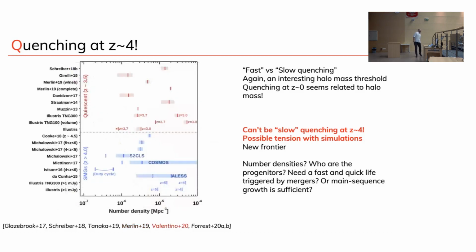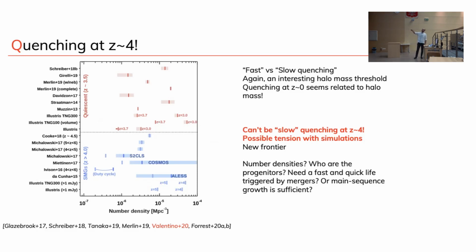I'm an observer, so I have to be careful about observational bias. I showed you how models are not doing great, but I want to be fair, observations are not that consistent. This is the typical number that I just showed you before, number densities for quiescent objects at those high redshifts. The paper I showed you before is these two lines, but this is a compilation of other people who tried, and this is what the simulations are predicting. And you see that between one estimate and the other, there is almost a factor of 10. So obviously, as observers, we also have to do better. And again, there's great hope that JWST is going to help us figure that out.